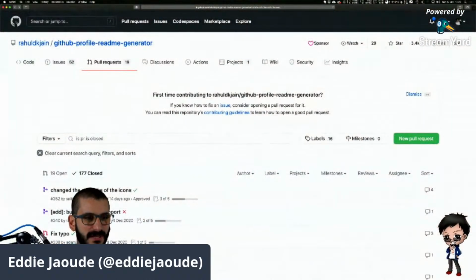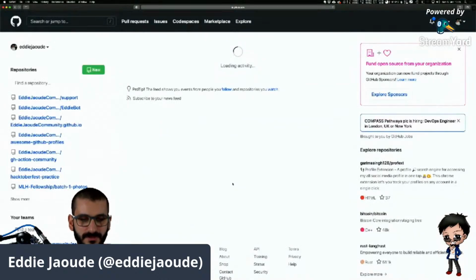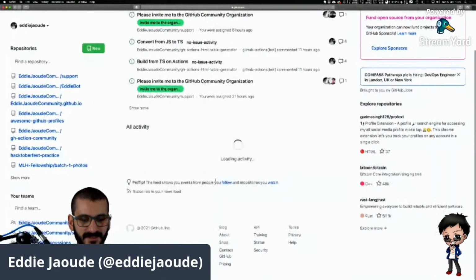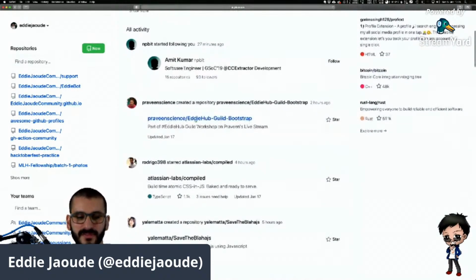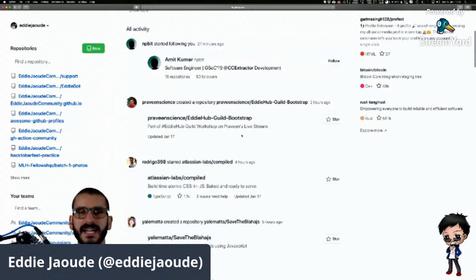more about GitHub. So if we go back to the beginning, when you follow people, you'll get activities of what's going on. I can see I'm following Praveen, and that Praveen's created a repo and all the rest. So you'll get these notifications. You'll see what people are up to, so you'll see what projects you can get involved in.